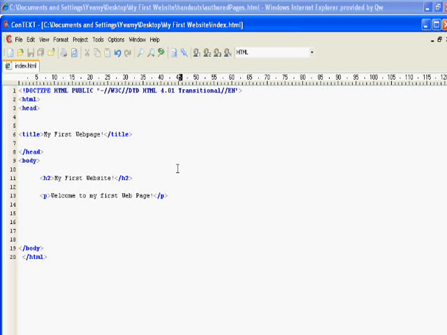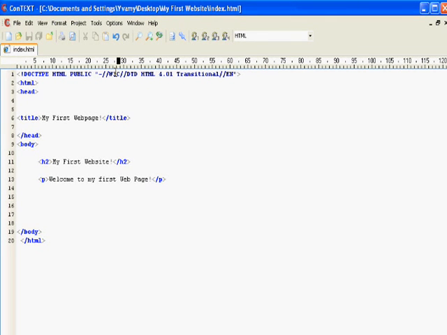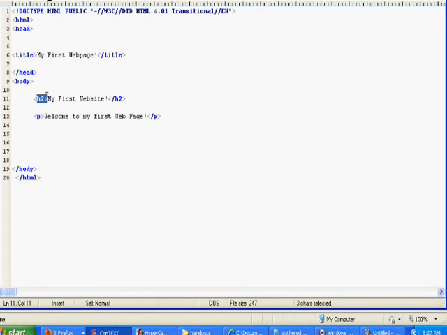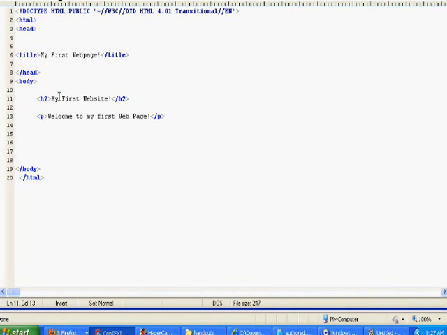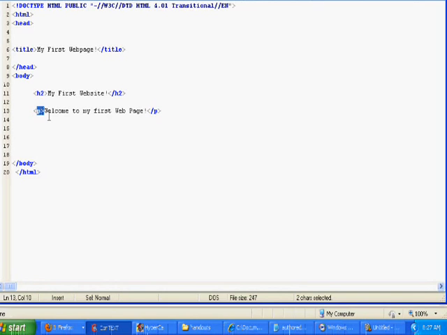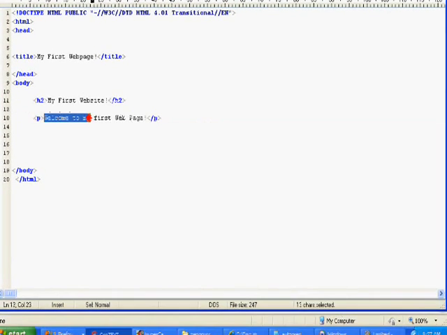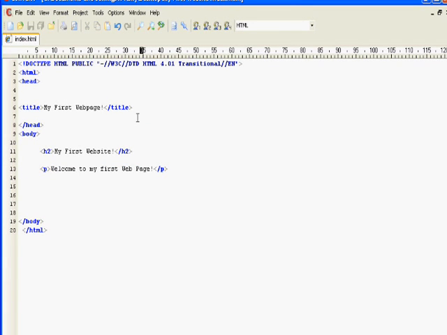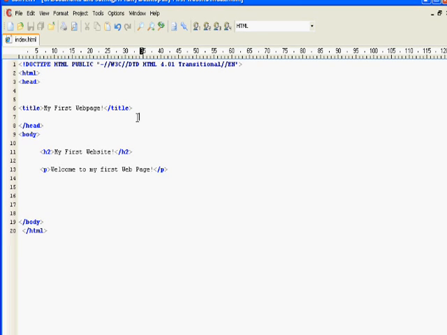In the last tutorial we went over a doc type for the top of our page and why it's important to include that. We also learned about the H2 header tag and including the title also in the body of our page and why it's nice to do that. And we also learned about the paragraph tag and writing a message on our page. We learned how to open our page in the browser even if we're not on the internet. We also discussed validating our page through the W3 org, and a